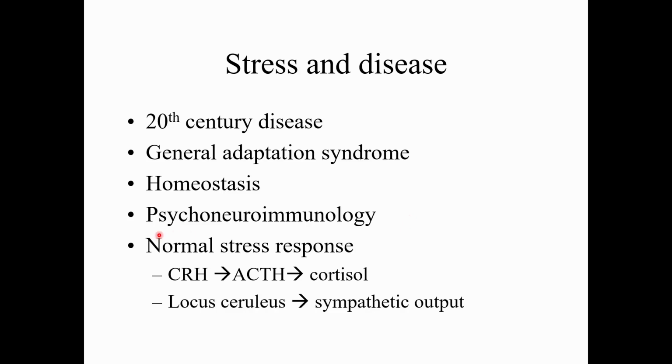Ordinarily, when we have a normal acute stress response, we increase CRH from the hypothalamus. That causes an increase in ACTH from the anterior pituitary, and then we get cortisol from the adrenal gland. We make sure we have enough blood glucose to get through the stress. We make sure our blood vessels don't crash during the stress. We postpone inflammation during the stress, and when the stress is over, then we can go back to normal and